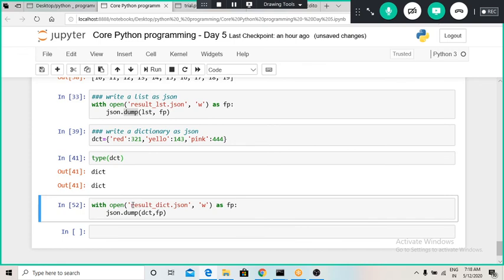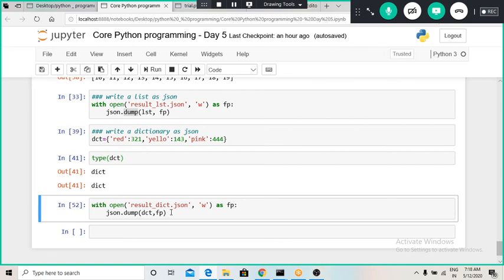Now I wanted to write this dictionary using the JSON library. For that, first we have to use the with open command. In with open we have to provide a file name, whatever file name I want. Like I wanted to have result_dict.json as the file name, and I want to write this file, that's why we have to keep w over here, and I will store all these values as fp.